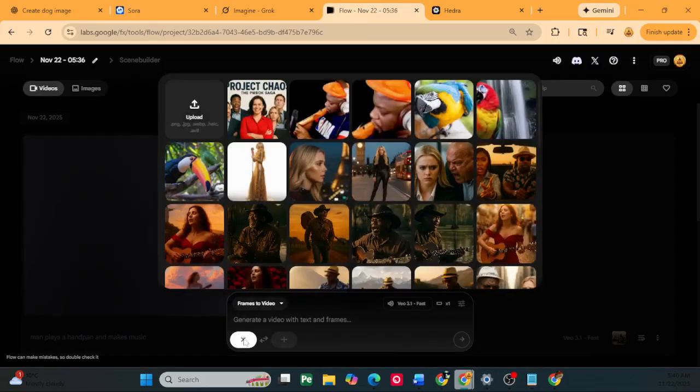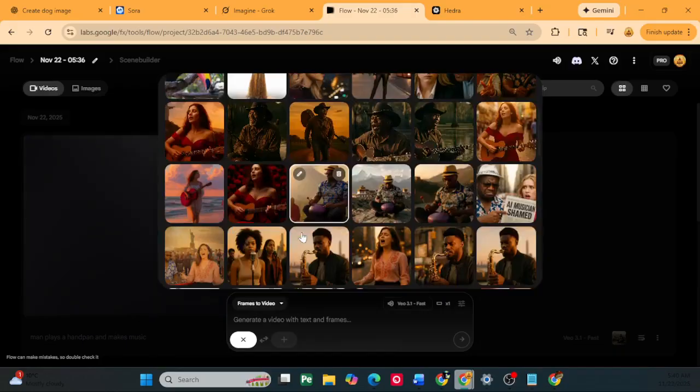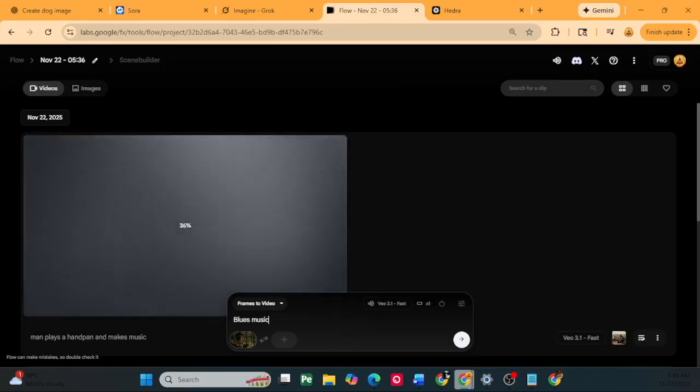You can also get the images. So let's say we chose an image such as, let's choose this guy who's a blues musician. I could just say blues musician sings